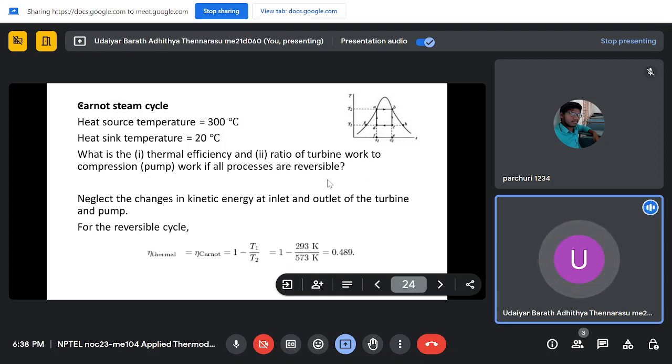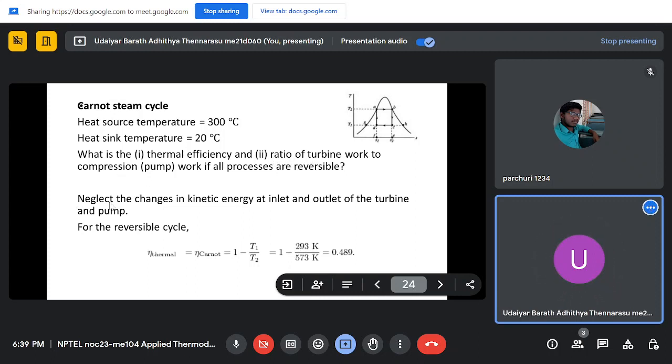If all processes are reversible, so that's given. So Carnot cycle, it means all are reversible. That's the underlying assumption. So you need to find out the thermal efficiency and the work ratio, turbine work to compression work. The other ratio's inverse, one minus the other ratio, would be the work ratio, but here it's turbine work to the